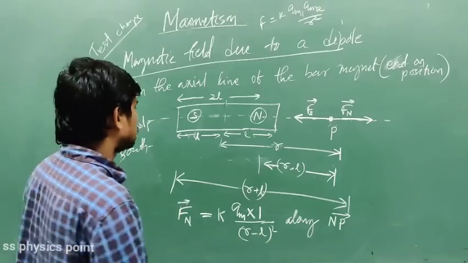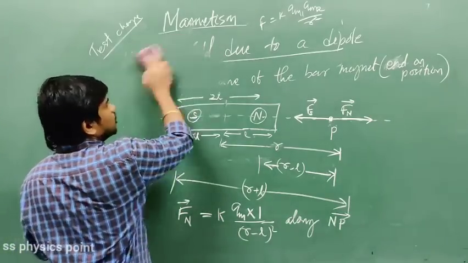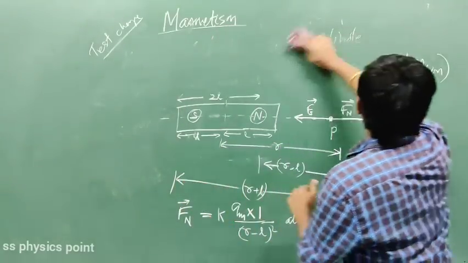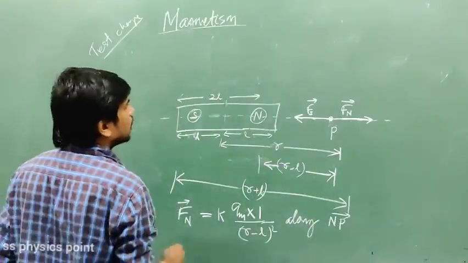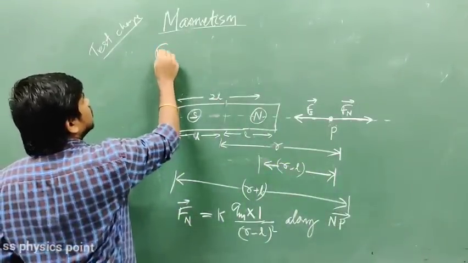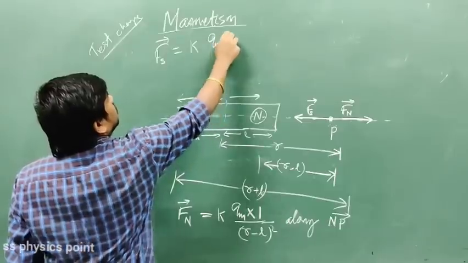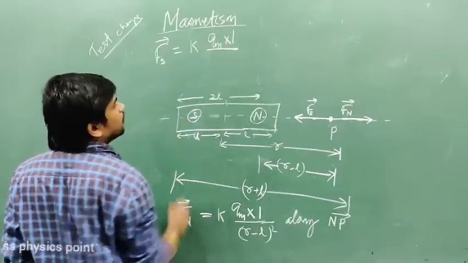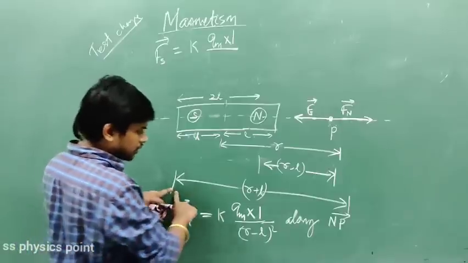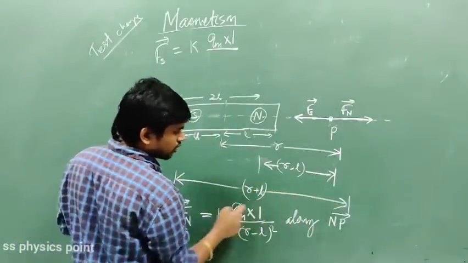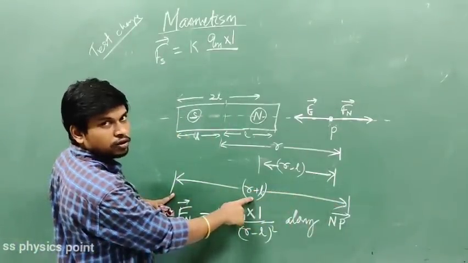Due to the south pole is given by, I am erasing all these things, Fs equals to, write it yourself. Fs कितना हो जाएगा? Fs is K Qm into 1 divided by Q1 m1 m2 by the distance of the S pole,